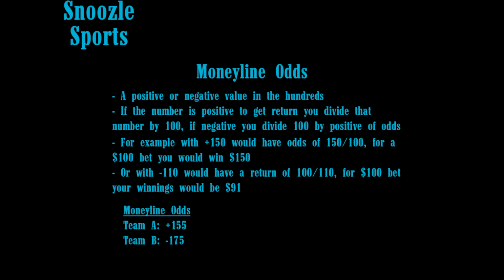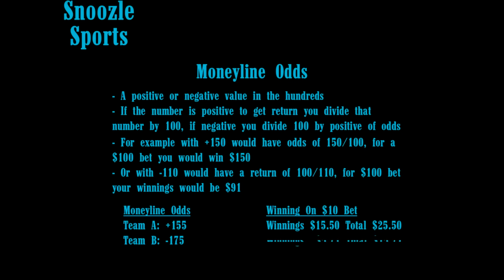Say I have a money line, so I'm betting on a straight up game where I want to pick between either Team A or Team B winning. If I bet $10 on the underdog, which is going to be the positive value, I'd get $15.50 back in winnings, or a total of $25.50 if I win. And then again, if I bet $10 on the negative 175, to calculate that value